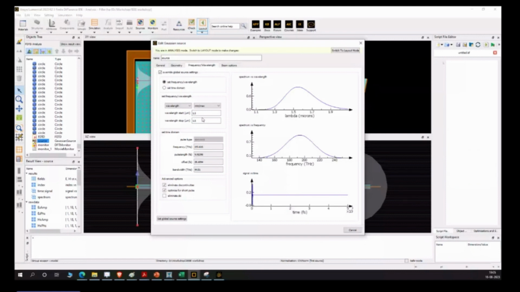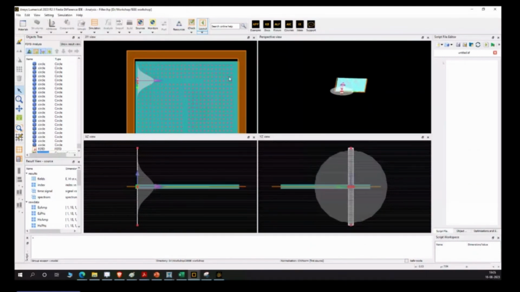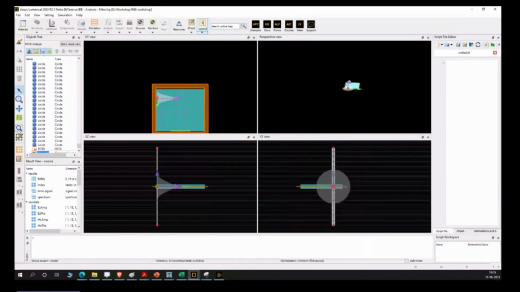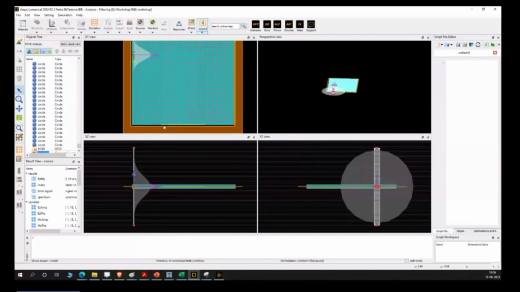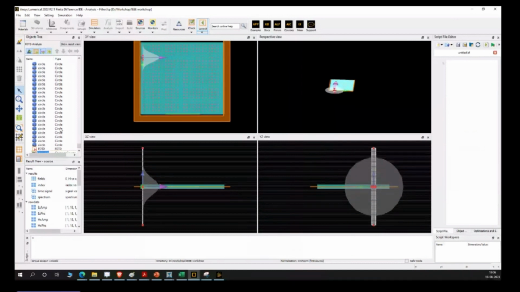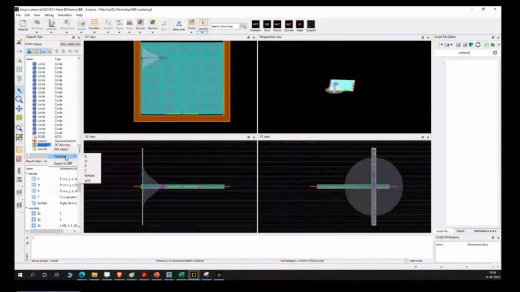Similarly, you need one monitor as well, just to detect the light. So I put a monitor here. The purpose is to filter out, or let's say to pass, a certain wavelength out of my input frequency band. Once you run the simulations, if you look at the transmission monitor, you'll see that